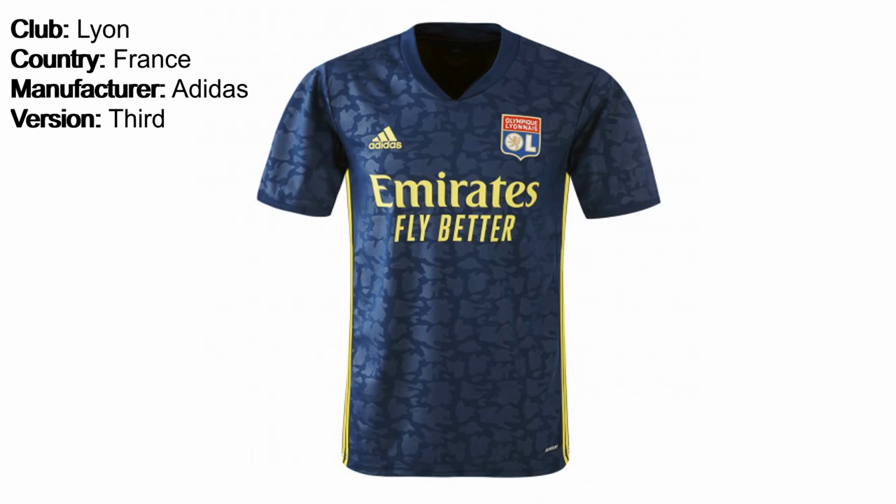I was in two minds about including this Lyon shirt in the list. The reason why it caught my eye was the subtle camouflage effect that is featured across the front of the shirt. Though due to the subtle nature of the design, I felt like it wasn't obnoxious enough to warrant a place on this list. Then I thought, why not include it, and I can see what your opinions of